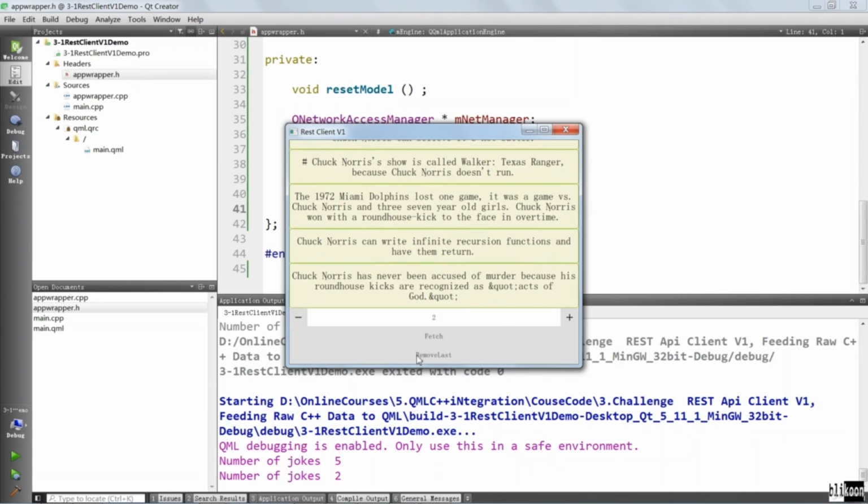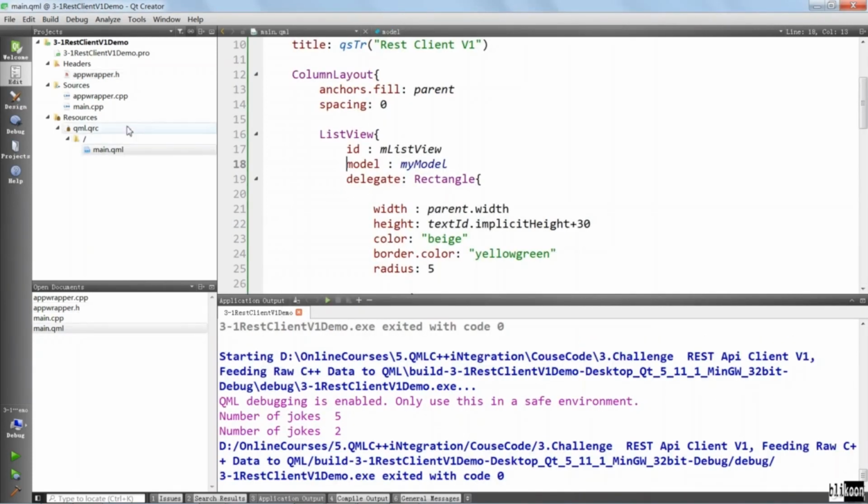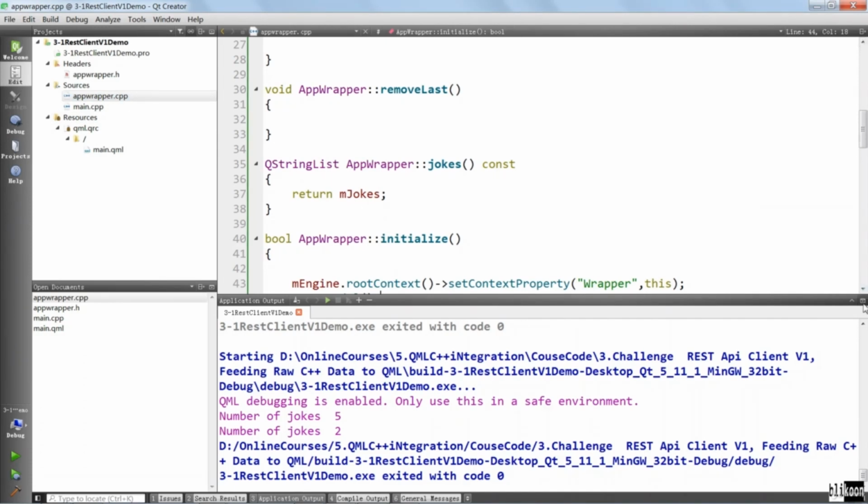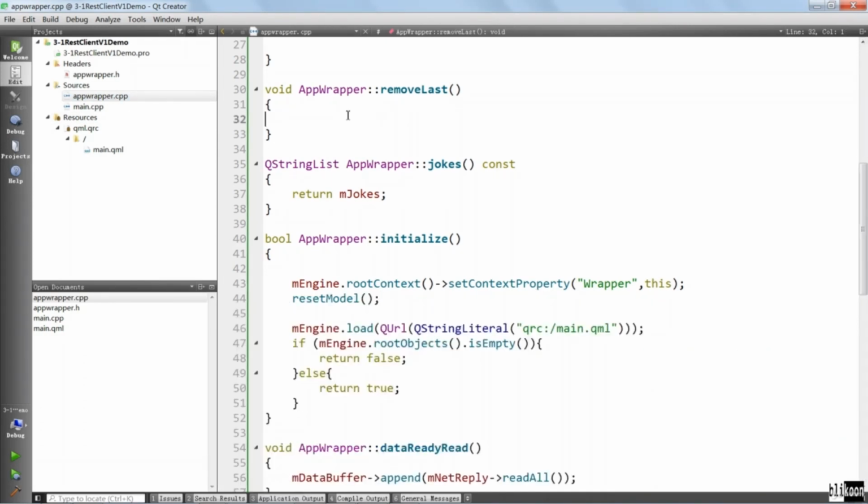Now we want to remove the last post. We need to come back to our CPP file for the class and focus on remove last here. This is nothing fancy. We just want to check if there are elements in the jokes list, and we are going to remove the last item and reset the model to have the new data set exposed to QML. We are going to say if